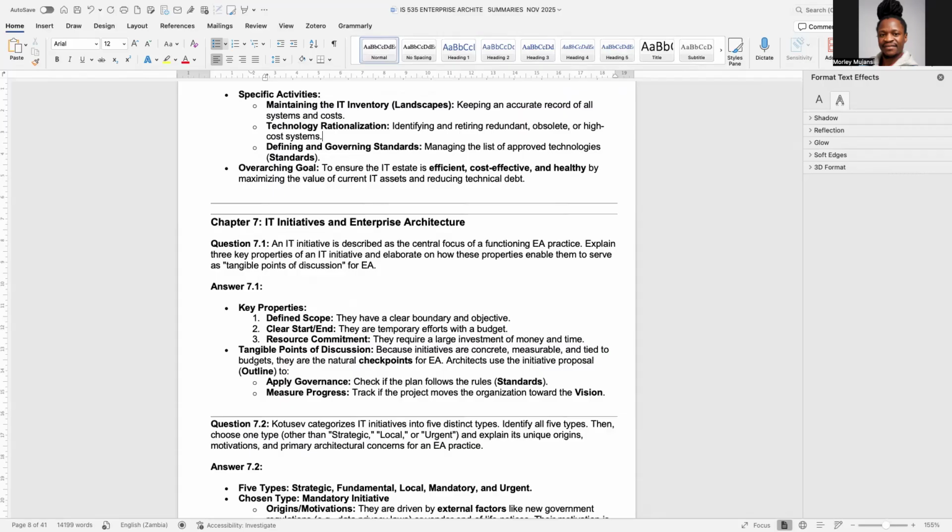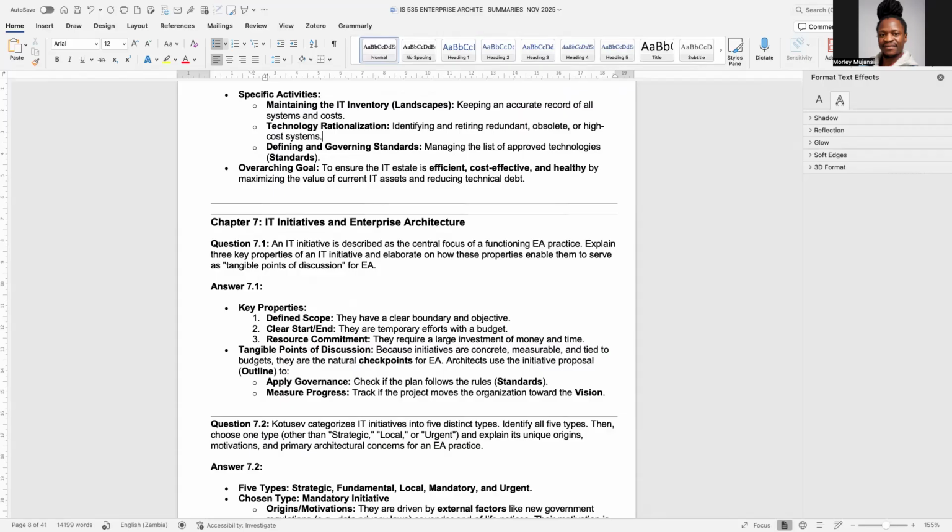They demand a large investment of money and time and people. So because they are concrete and tied to budget, architects use the initiative proposal, or rather the outline artifact, to apply governance and measure progress. So they check if the plan follows the architectural rules, which are standards,